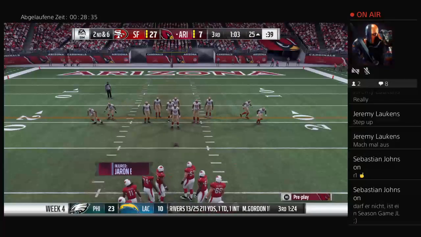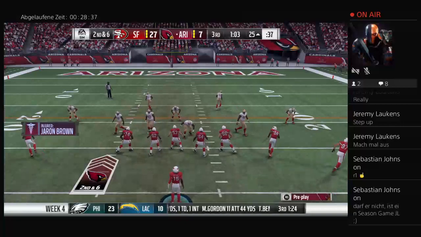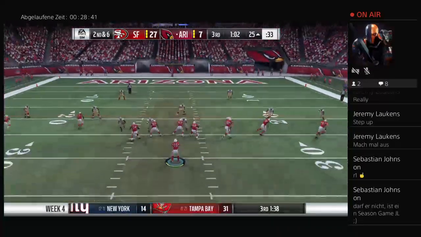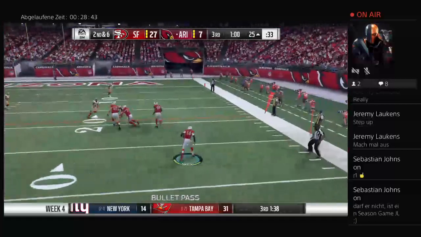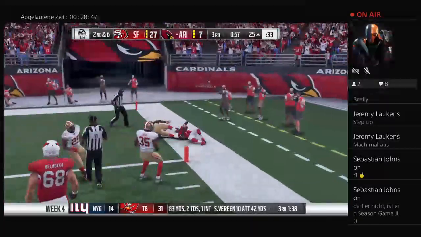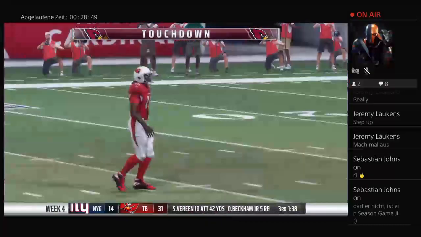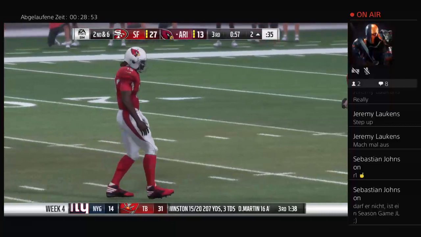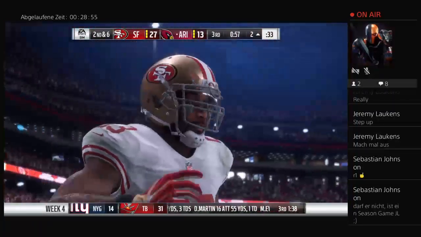2nd down to the offense in search of 6 yards. To throw is RG3. And Nelson's got it here right side. And he'll take this one in for the Arizona touchdown. J.J. Nelson, his first touchdown on...